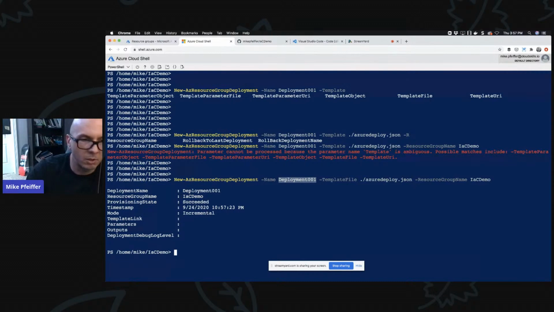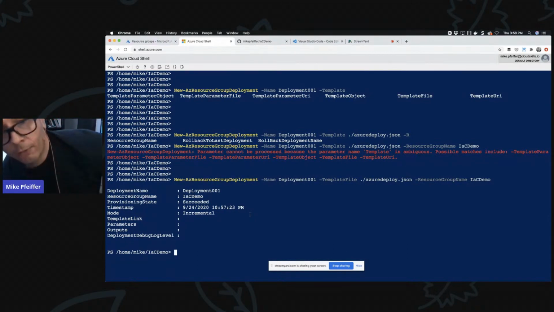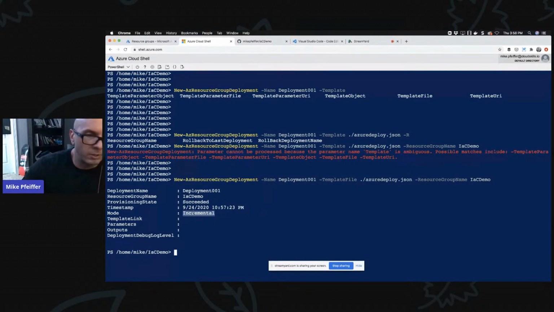There's a different mode as well, I think it's called complete mode, where if it's in the resource group and it's not in the template, it's getting hosed. It's toasted, right? We're only going to take what's in the template and make that happen in the resource group. That would be complete, a more strict mode, like really immutable infrastructure, meaning once you've deployed something, you never change it again. If you rerun the template, you're maybe doing a completely new thing if you're making a modification. That's actually a construct you see in Terraform. But anyways, the default mode here is incremental for ARM templates.